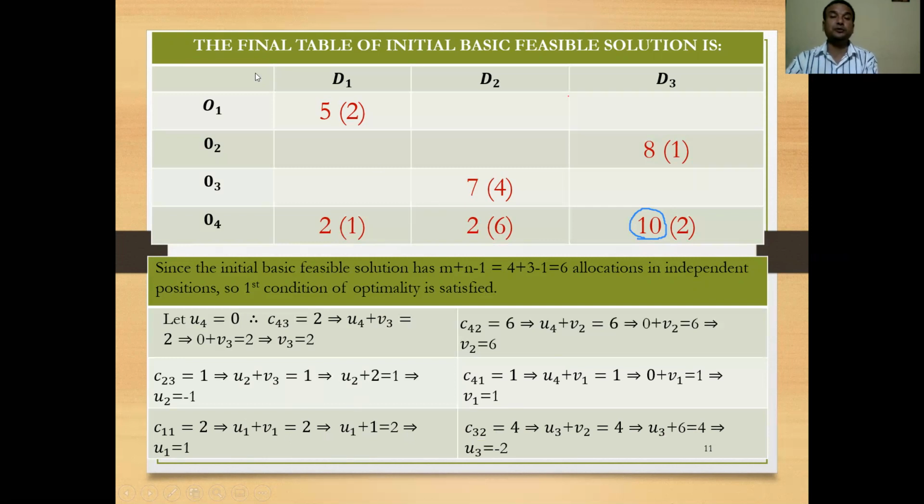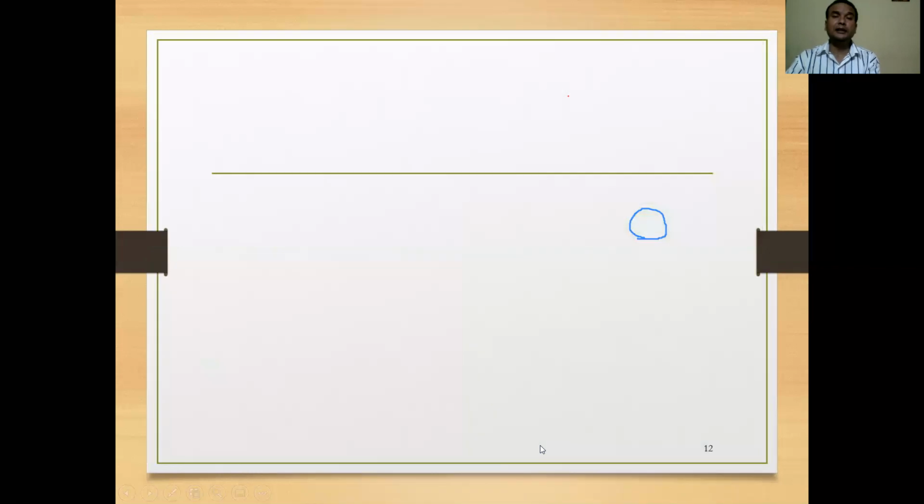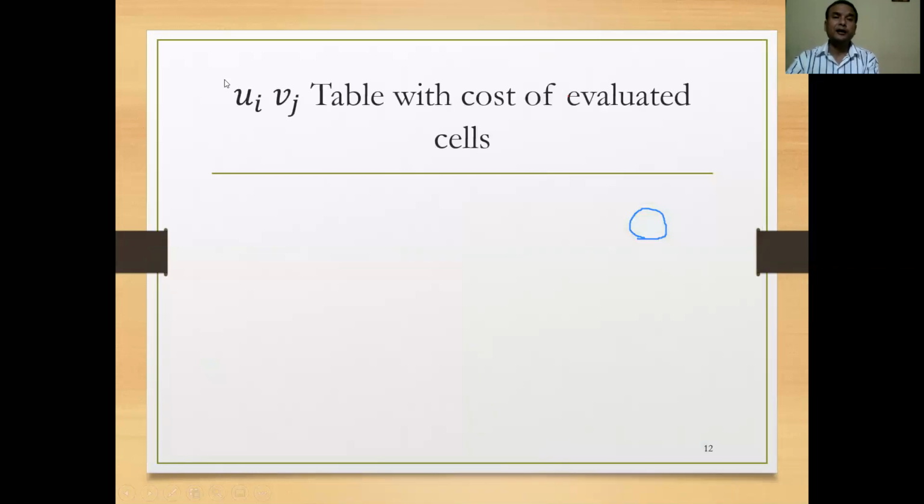Then C32. C32 means this 4, so U3 plus V2 is equal to 4. The value of V2 is 6, so U3 plus 6 is equal to 4, so we have got U3 equals minus 2. Now, we allocate these values in such a way,